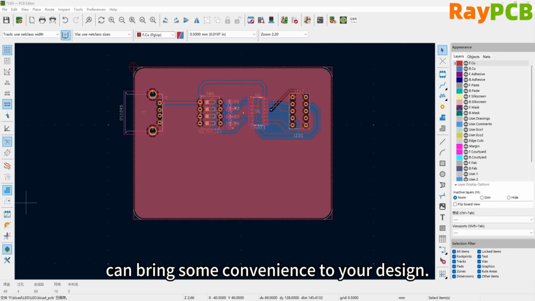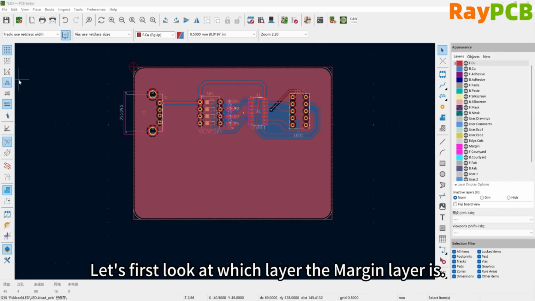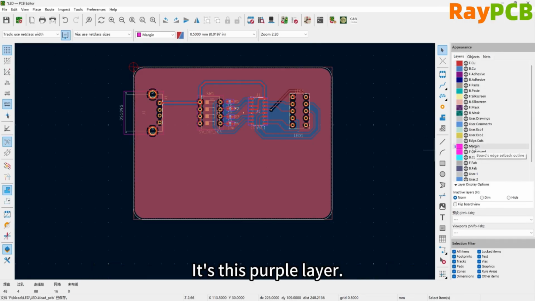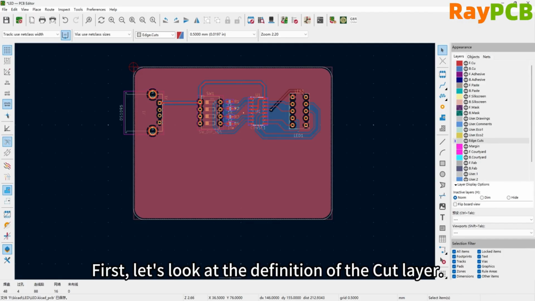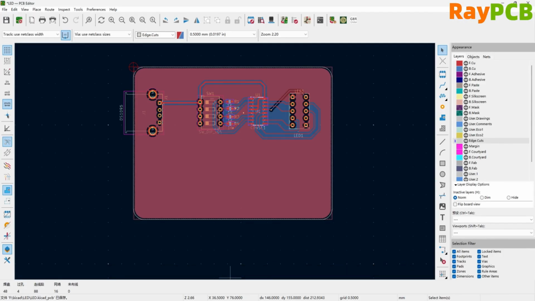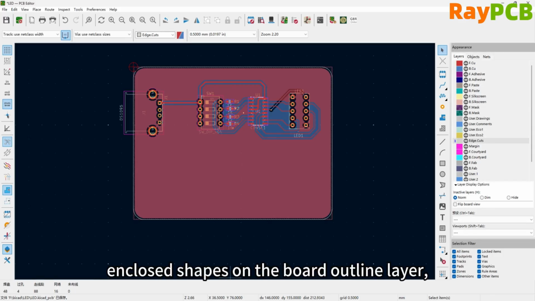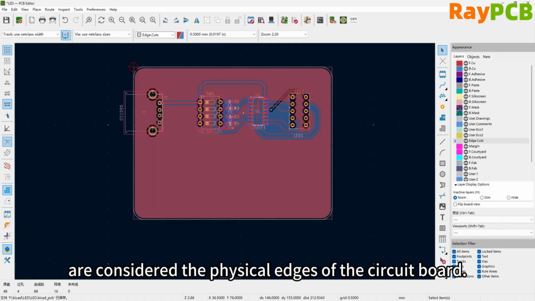Let's first take a look at which one is the major layer. It's this one, the purple layer here, and this is the board outline layer. First, let's look at the definition of the board outline layer. In KICD, closed shapes, straight lines, or circles on the board outline layer are regarded as the physical edges of